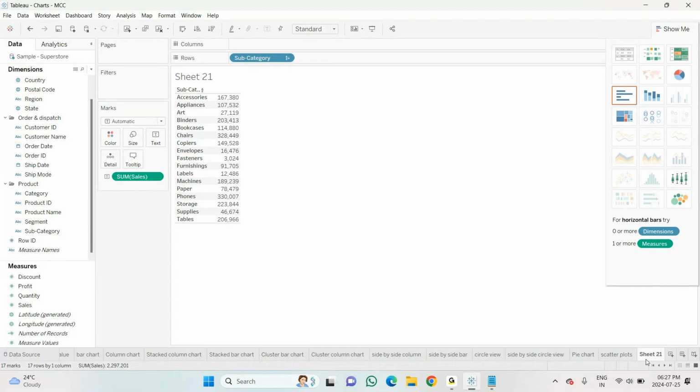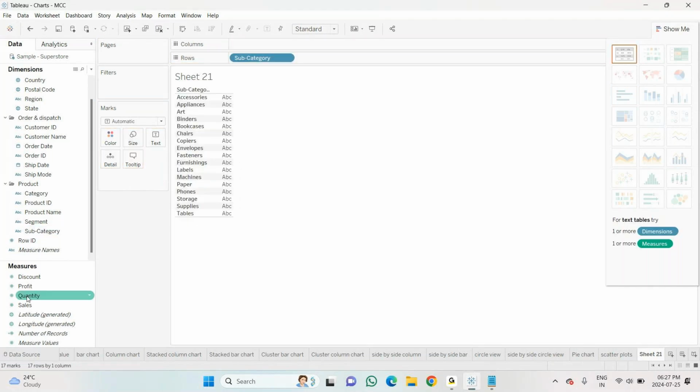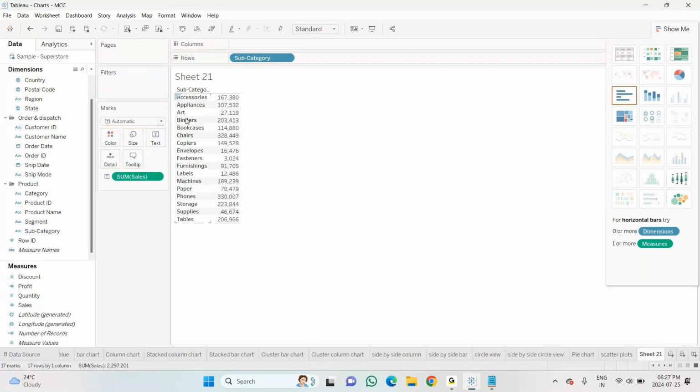See, first thing, I'm doing this once again. I'll clear the screen. I'm taking a subcategory and the sales value I'm dropping into the text. So see this, this is values, and this is text, and this is values. Now what I want is the name of the subcategory to be arranged in ascending order or descending order.